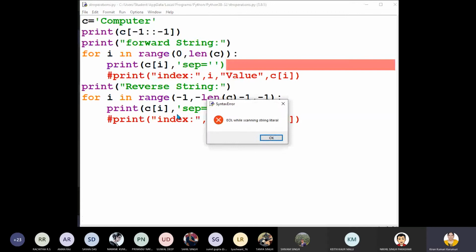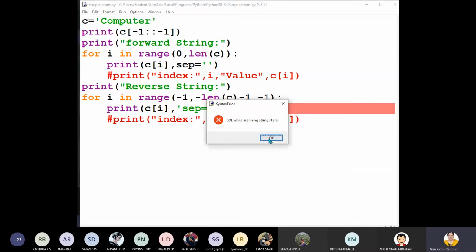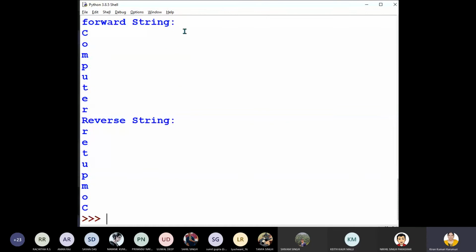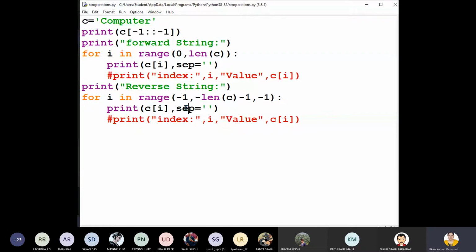Now you can see, children. Got it? Forward string is computer, reverse string is in the reverse order. But if you want to terminate every print statement by a new line, so just